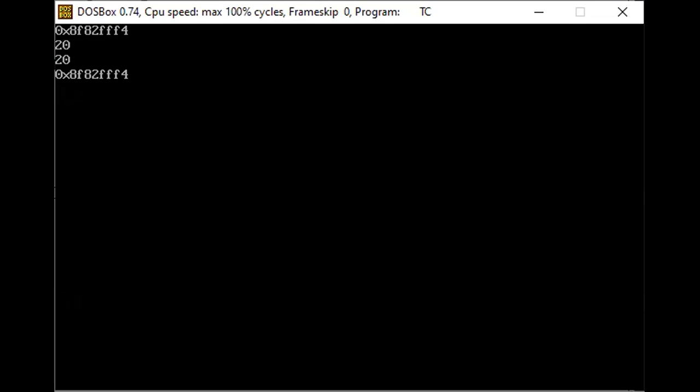firstly, I'm getting one hexadecimal value. Hexadecimal value, that means some address value. That address value is related to your A variable, the address value of the A variable. Then the value of the A, then I use asterisk IP, that is the value of that variable where the pointer is pointing, and the value is 20 here. Then you will find out I am getting the same memory location.